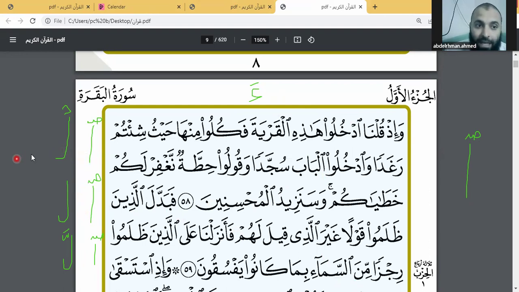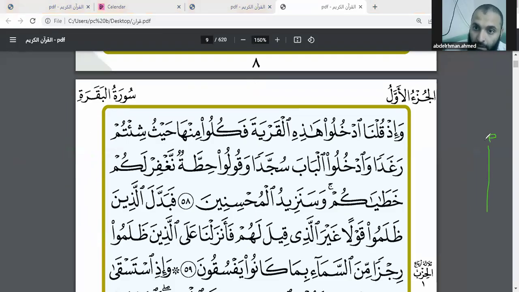How about if the Hamzat al-Wasl, this letter, is not followed by lam, like this one? The next letter is dal. So what should we do? In this case, we follow the rule of the third letter. We follow the vowel of the third letter. How? We look at the third letter. Where is the third letter here? I have Hamzat al-Wasl number 1, dal number 2, and kha number 3.